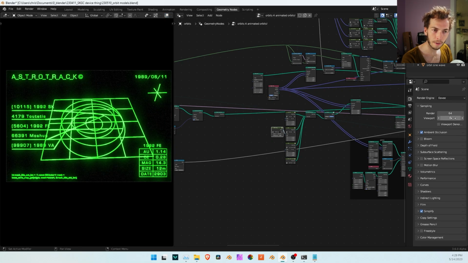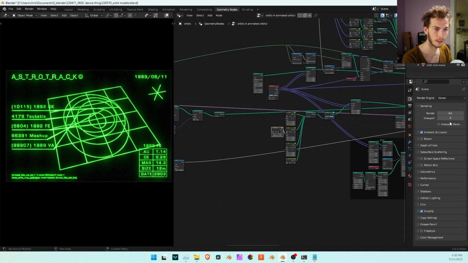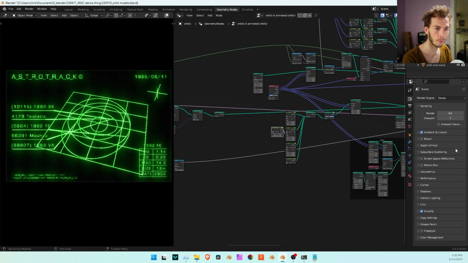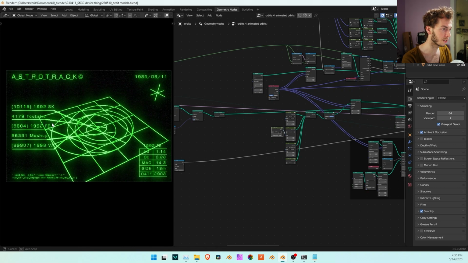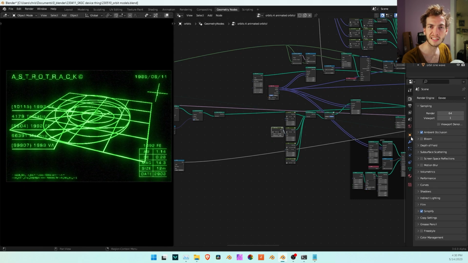I think if you have this at 0, then it automatically does like 16 or 64 samples because it does that updating thing. So just keep it at 1, and then obviously viewport denoising. It looks like it doesn't do anything if you only have 1 sample, but just keep it off just in case. So yeah, that's a little bit of a misadventure through my latest 80s gen software,